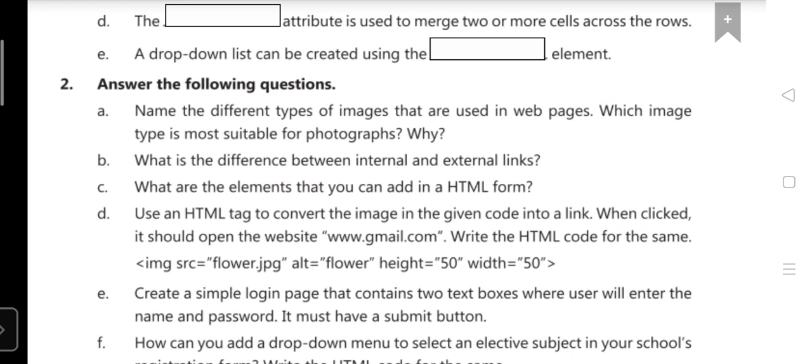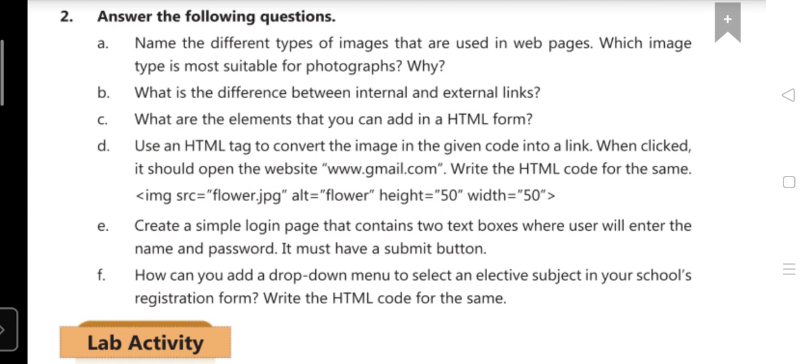We have to make one login page. Yes, we have to create one form in which there are two text boxes, one for the name and second for the password, and third we have to add the button, that is a submit button. So you have to write down the code for this.